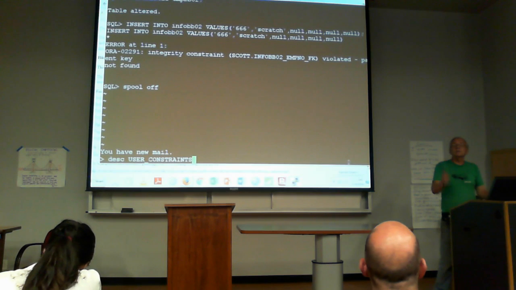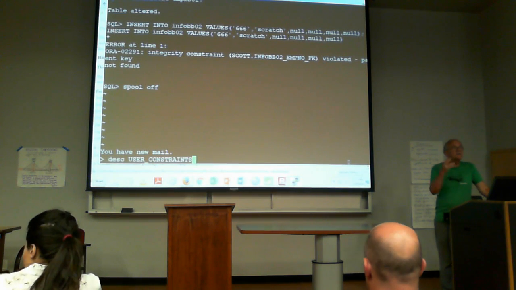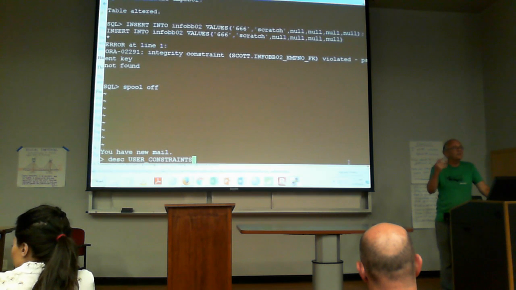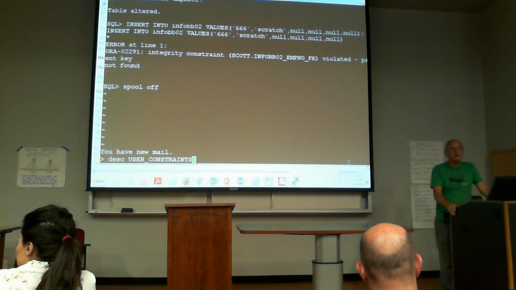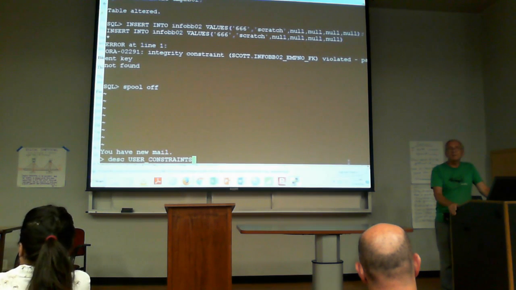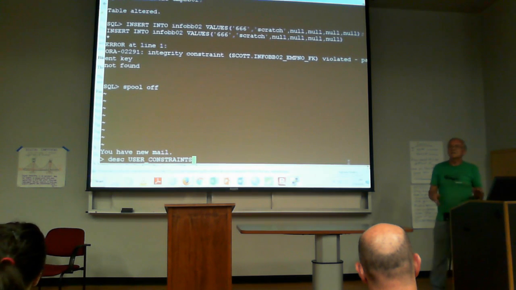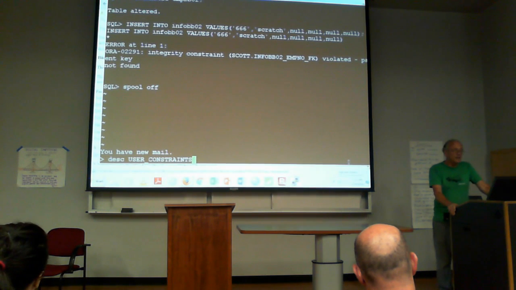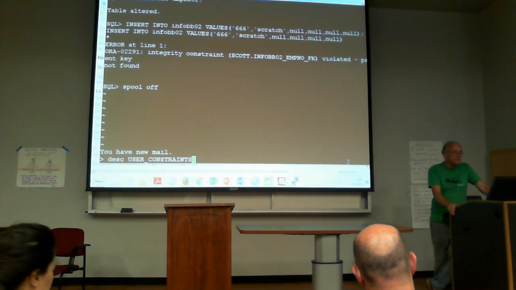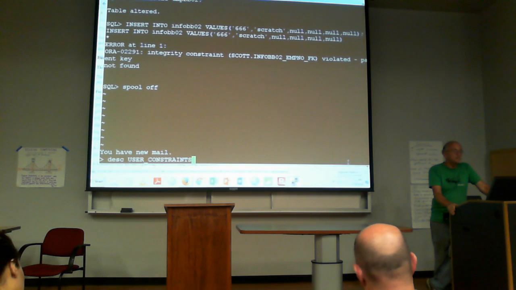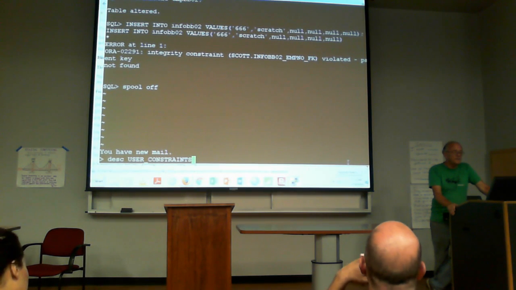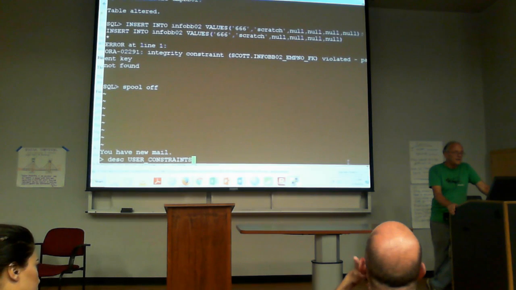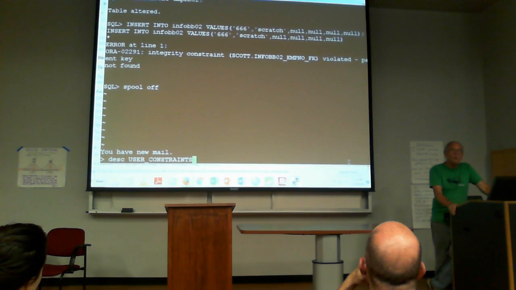But it will tell you the constraints you've got on your tables, and it has little abbreviations, kind of like my PK, FK, but one-letter abbreviations. It's probably like P and F for primary and foreign key. To give you a short description of what kind of constraint it is, and then further information about it. So, one of the things that you want to do is, especially if you're a newbie, and you don't know what the constraints are,